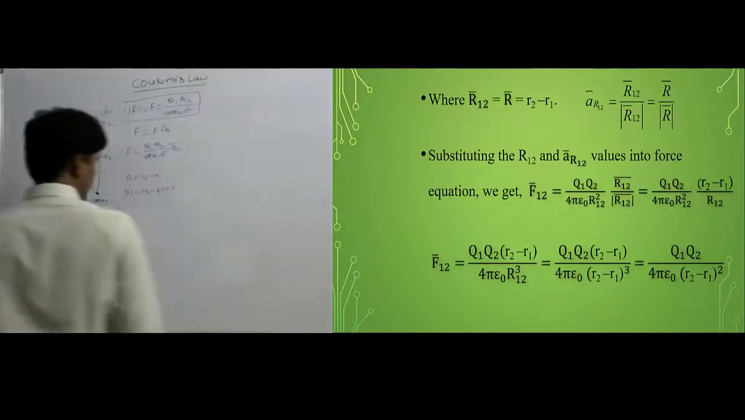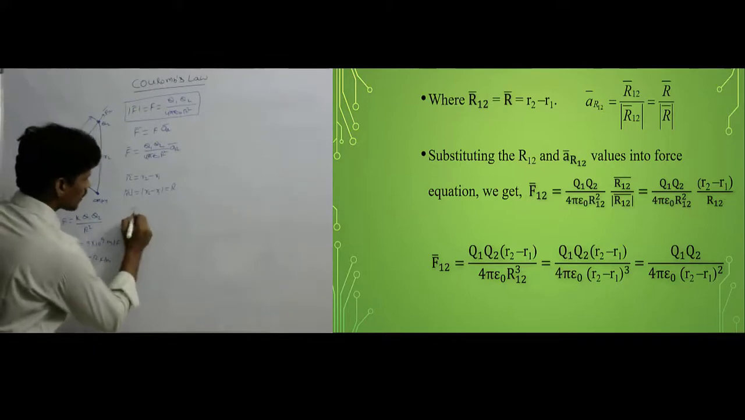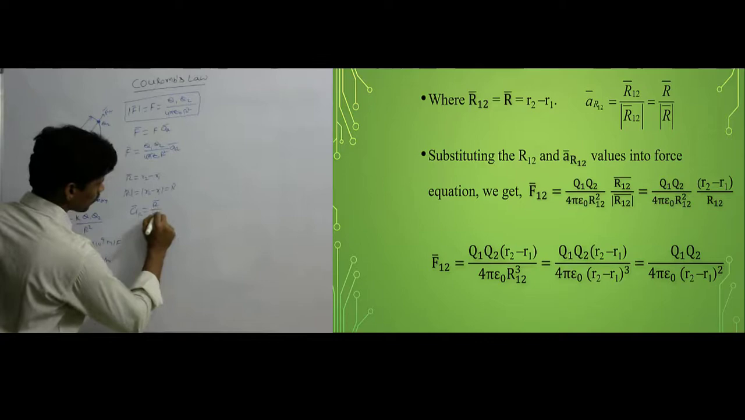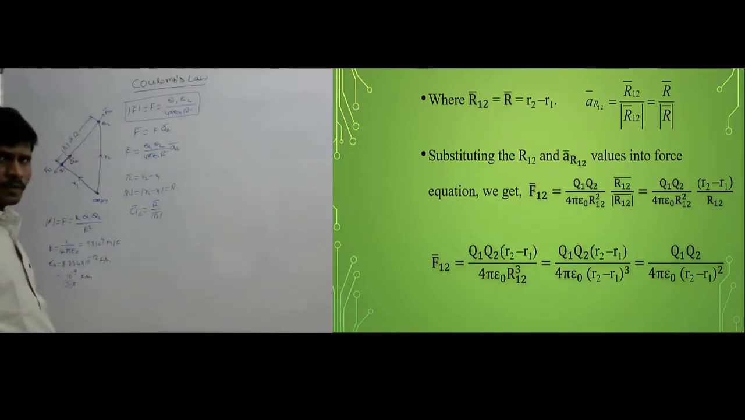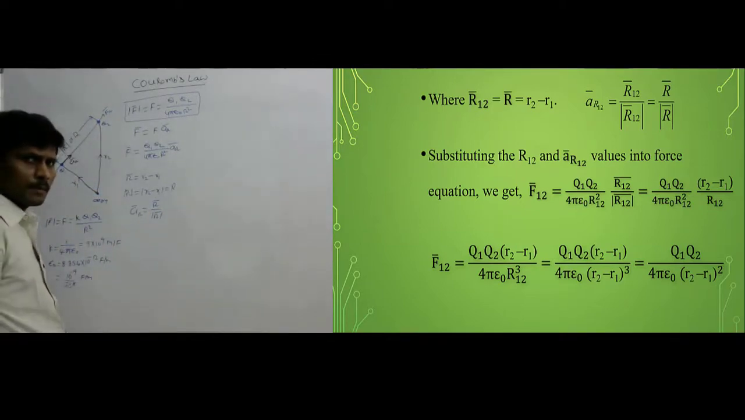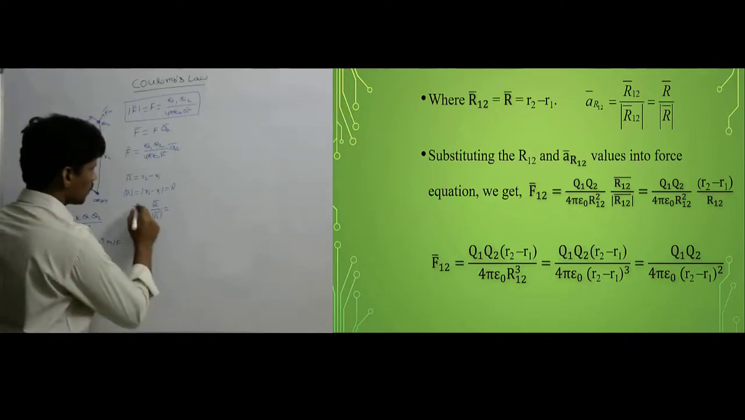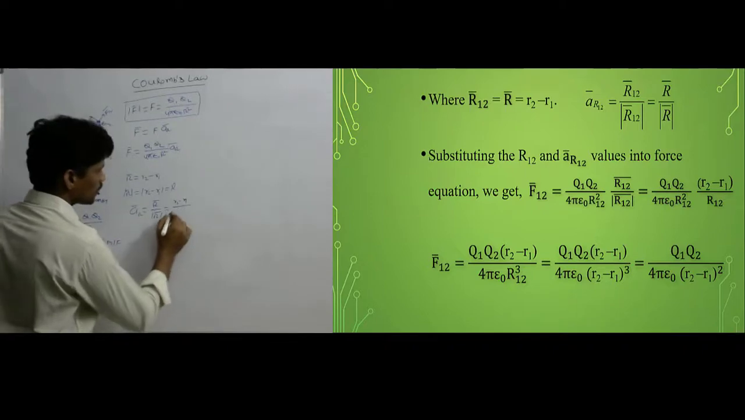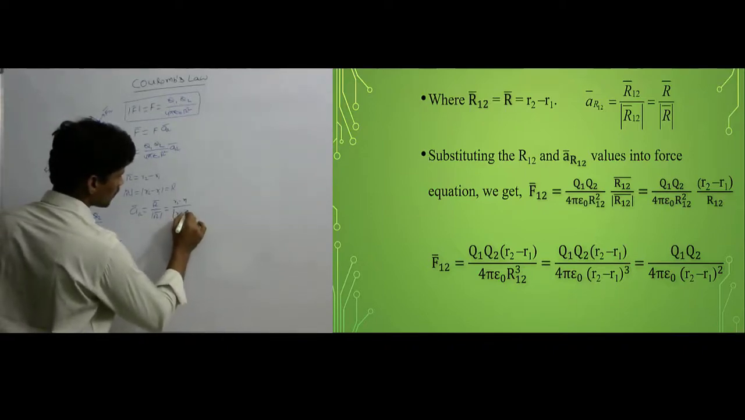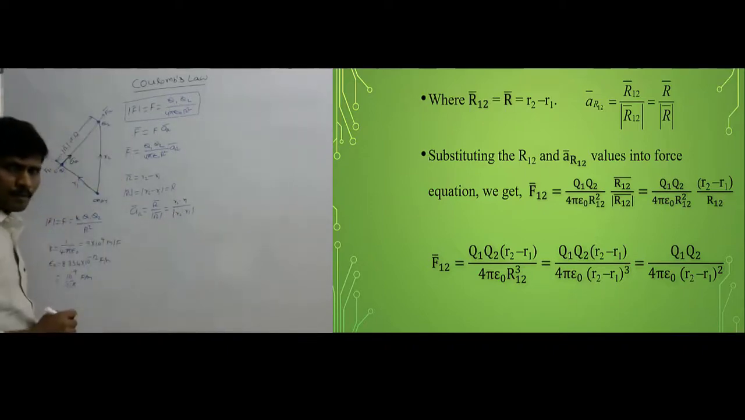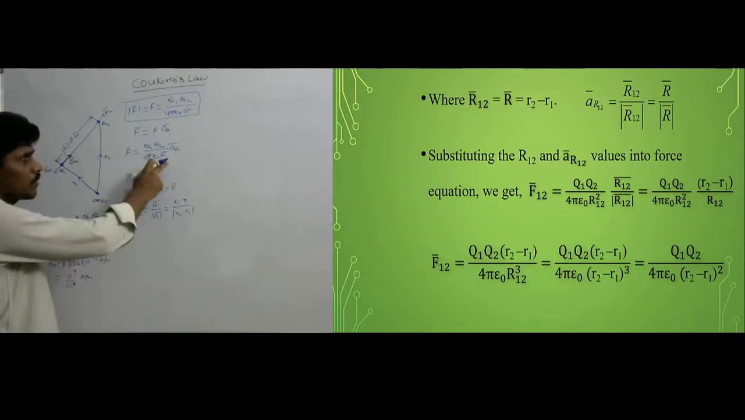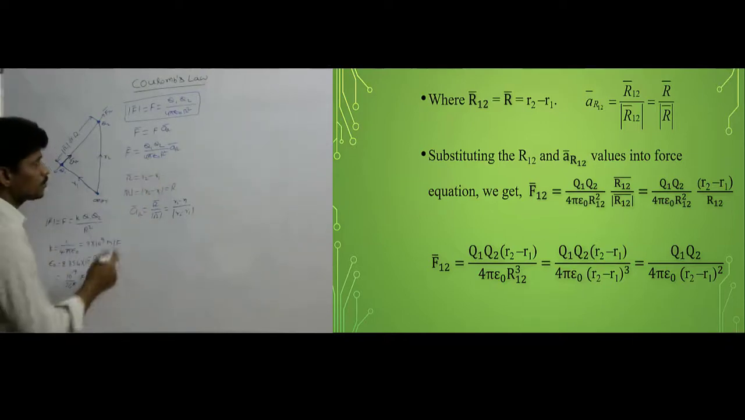And next calculate the unit vector. The unit vector ar bar is equal to r bar divided by magnitude of r bar. So that is equal to r2 minus r1 by magnitude of r2 minus r1. Substitute the r bar value and r value into the above equation, we get